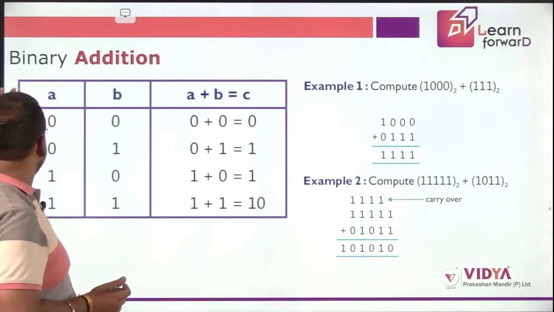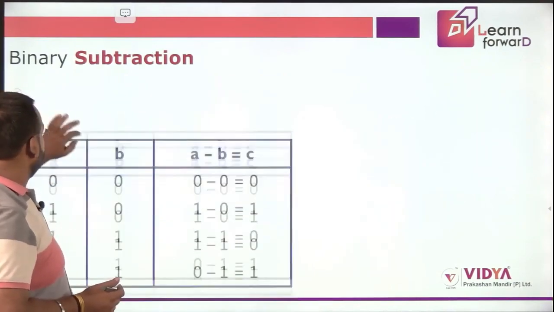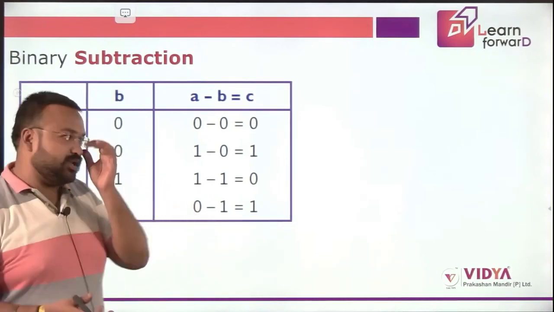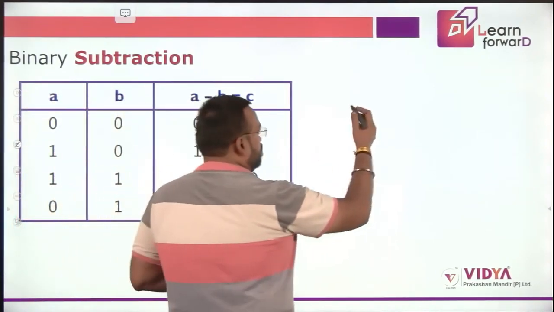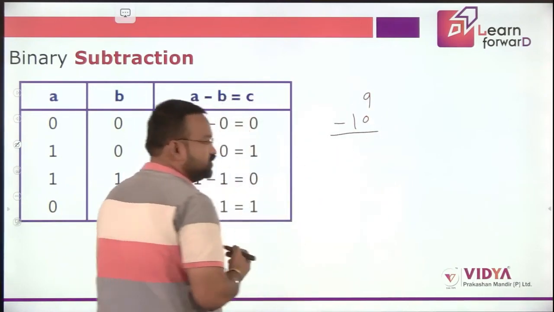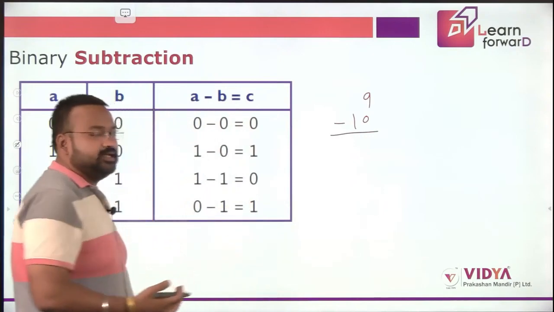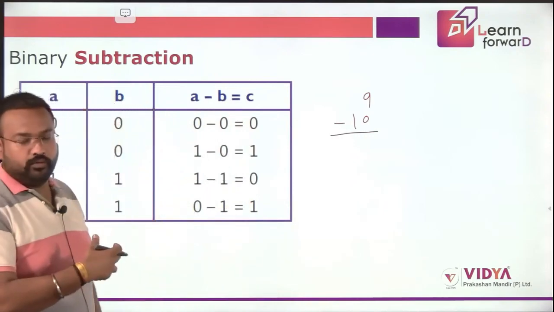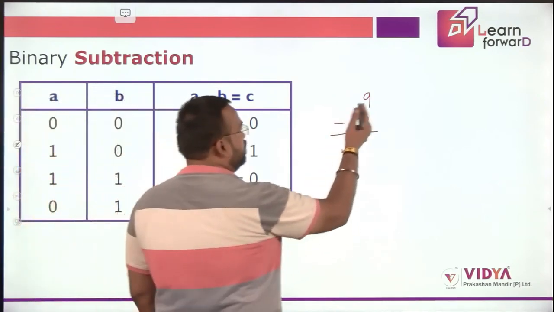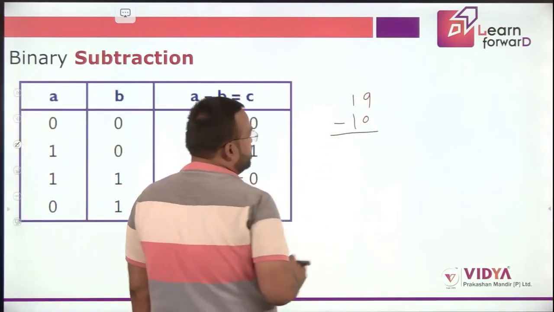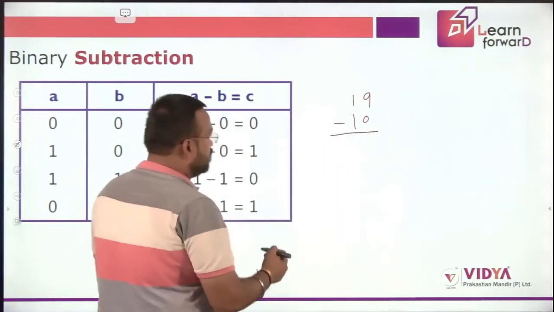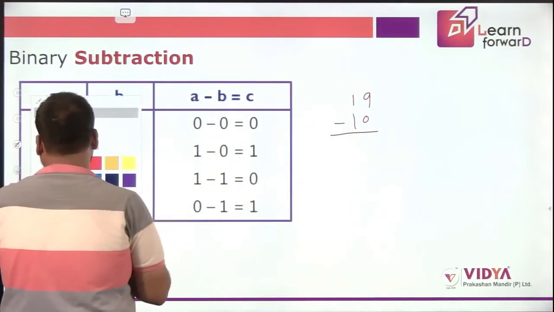I hope you understood. So now let's see the binary subtraction. Like a simple subtraction, when you have to subtract from this, generally what is considered is we are taking a borrow from the next number and then we are adding to it. So that means we are taking it like, let's say suppose over here it is 19. So okay, this can be easily done. Let's take some other example.